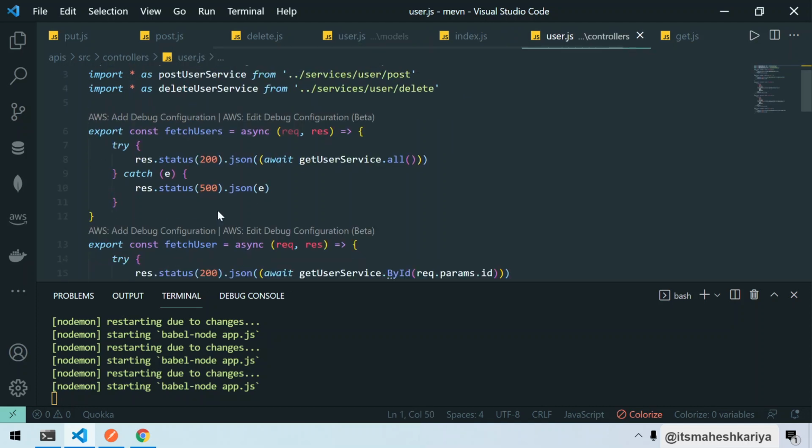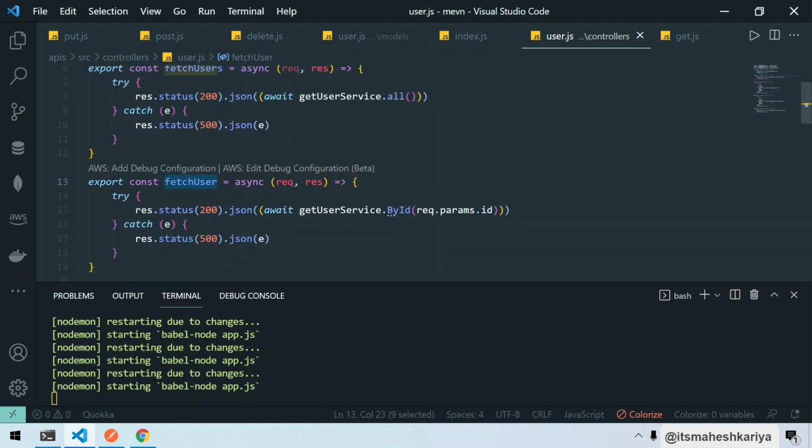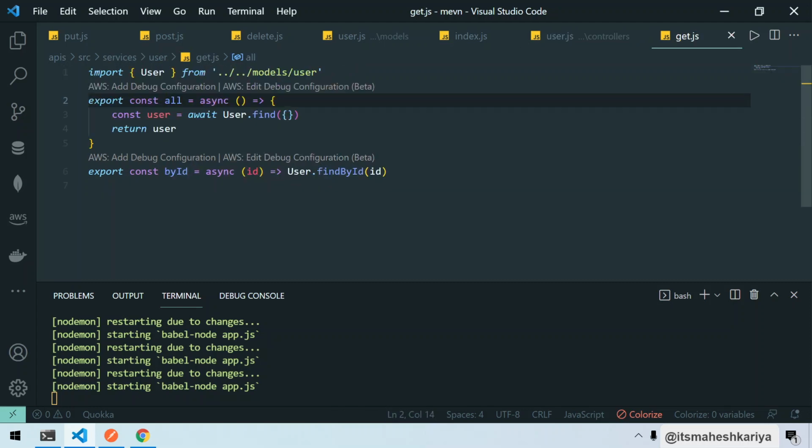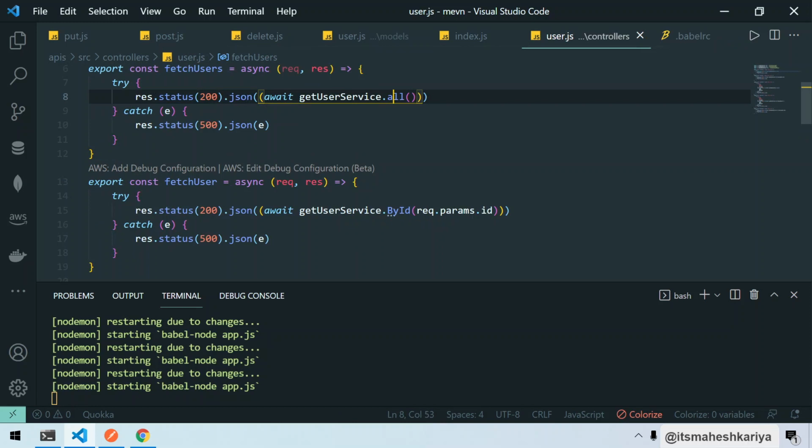Let's go to the controller, this fetch user. Okay, inside fetch user, get user service. Let's click here. Find all by id is there. Okay, find by id is there. Let's use